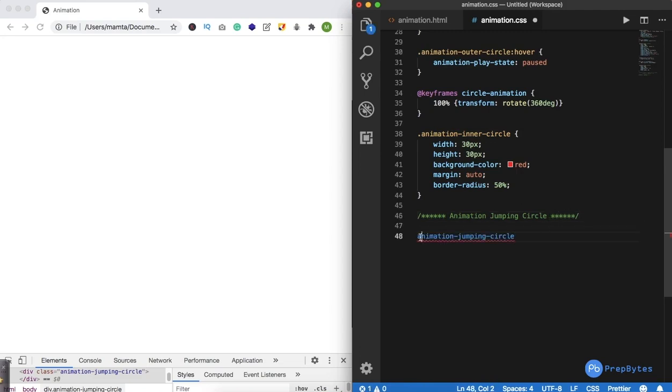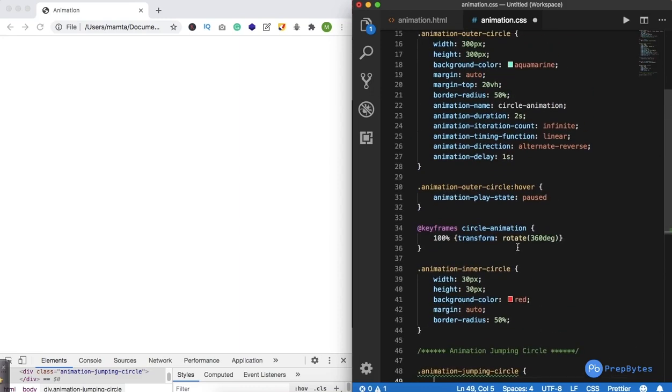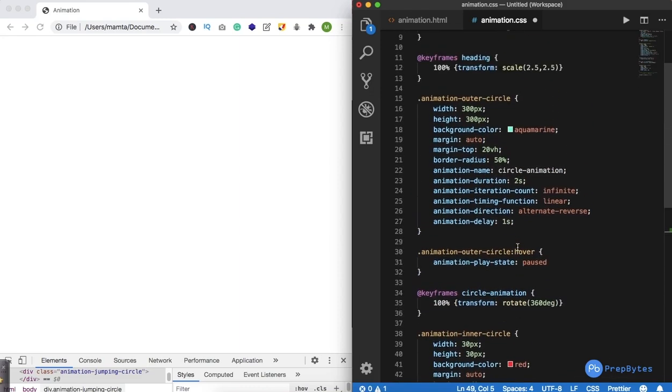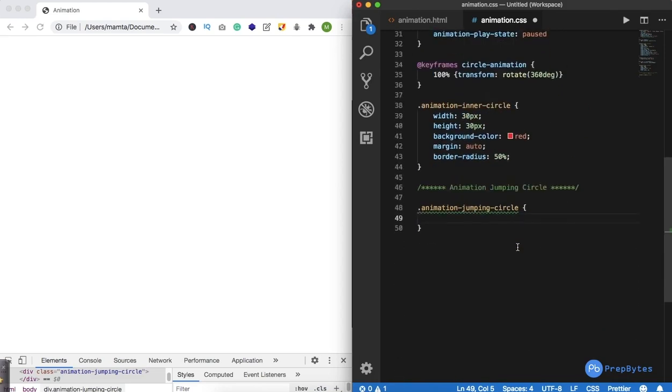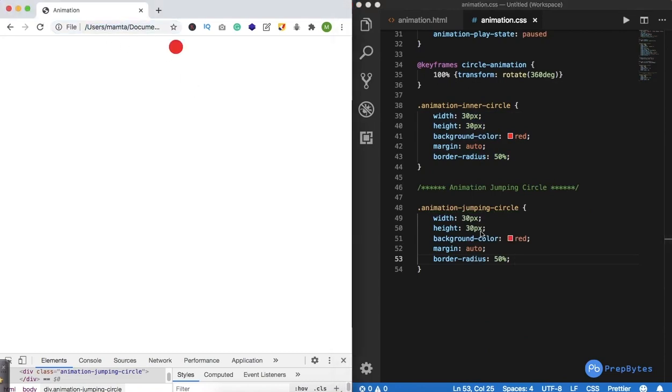So I'll do this. Okay, and I have to make it a red ball only. I'll quickly go ahead and take the styling of animation jumping circle. Okay, so I don't want it to be in the center. I'll just remove this.